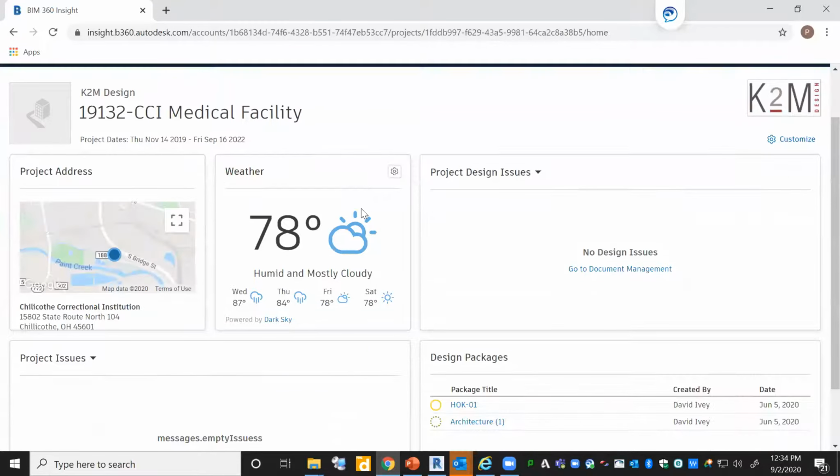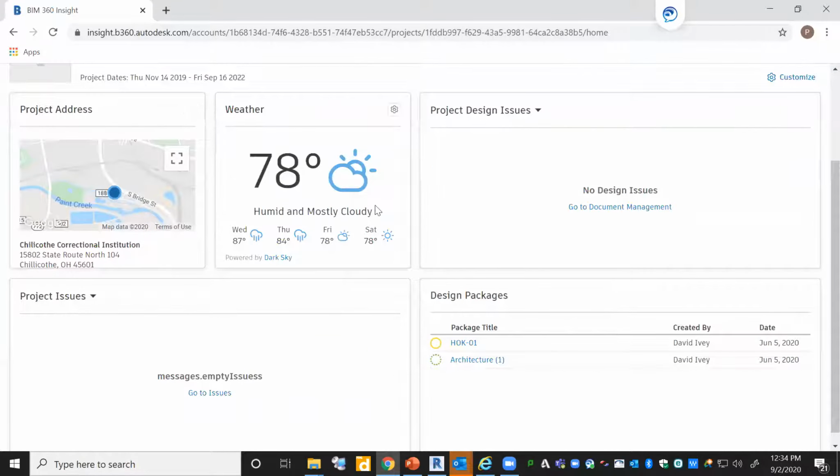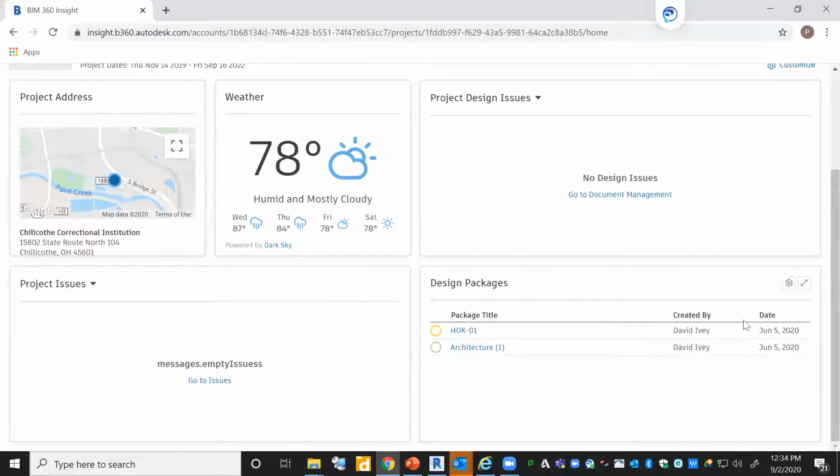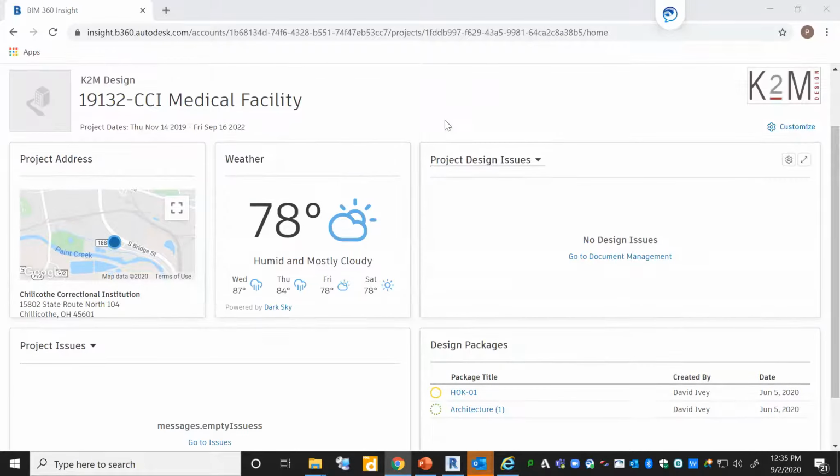And so this gives you an overview of the project, the address, some weather, any packages that have been issued, and then if any of the team members have been identifying issues or markups, a lot of times they'll pop up here, and then they'll also see the status. Actually, that's just for issues. I don't think markups are shown here. But then I can go back to